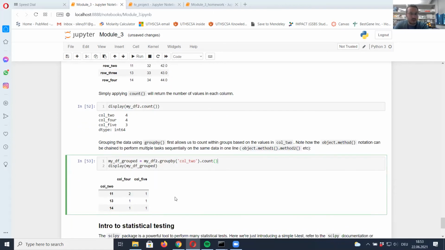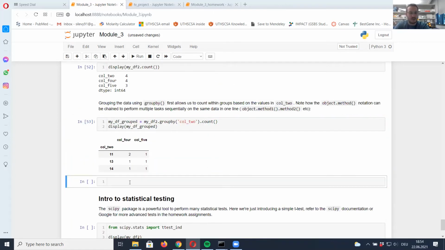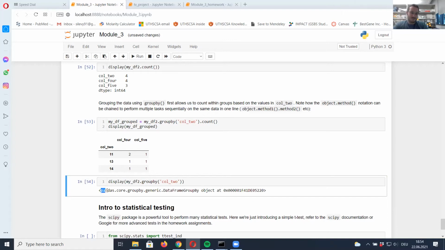That's a really great question, Sanaz. So let's find that out. The answer is annoying. Let me display my df2.groupby. It is a DataFrameGroupBy object, which is infuriating